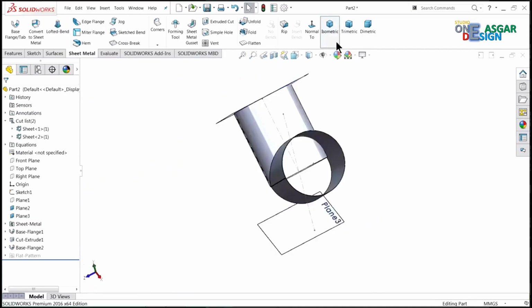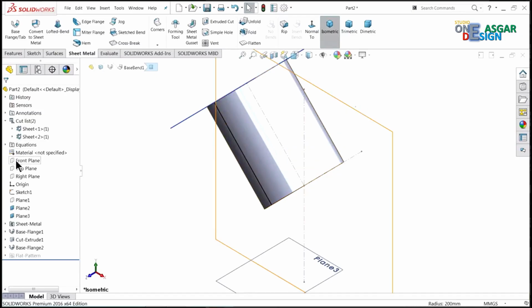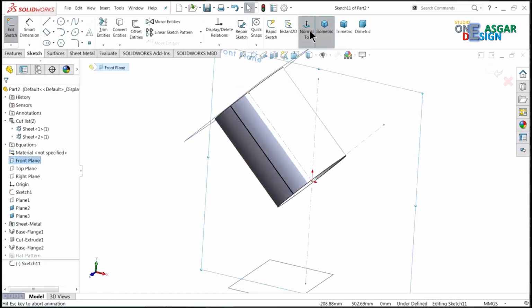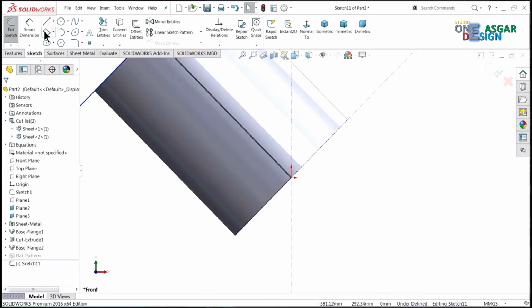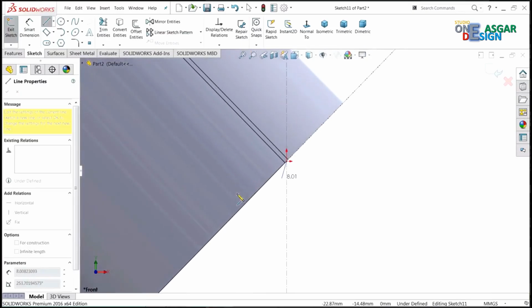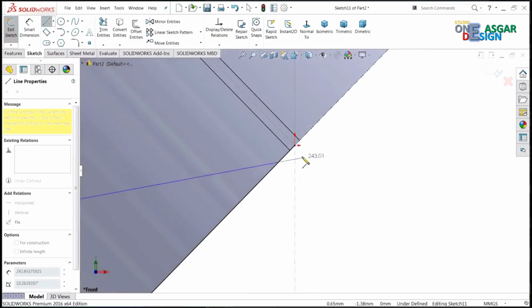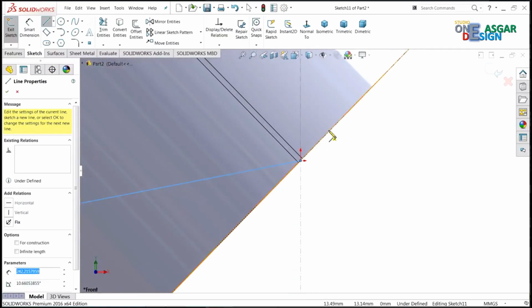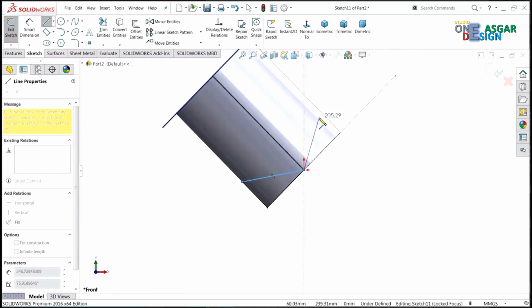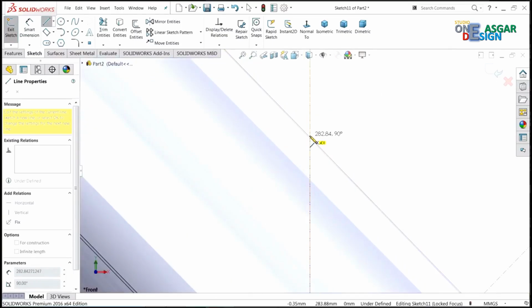So it's time to cut this. First one, just hide it. Front plane, sketch, line. Start with this point. Select this end point. Make sure we are selecting the end point and start up to make sure it is coincident with this outer edge. See,